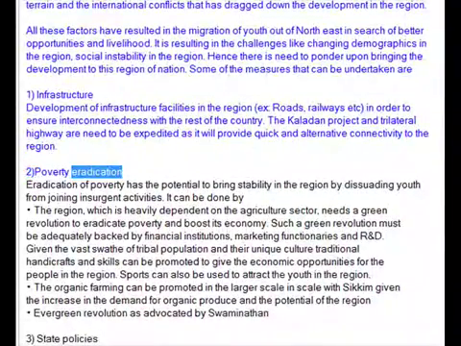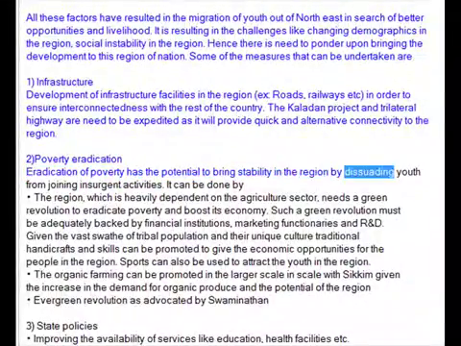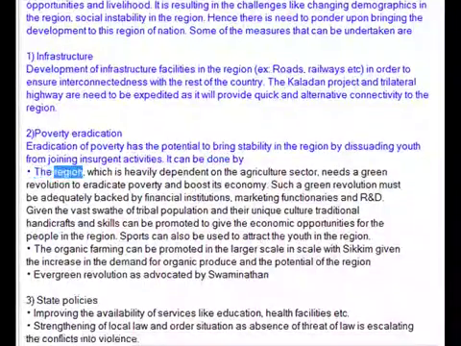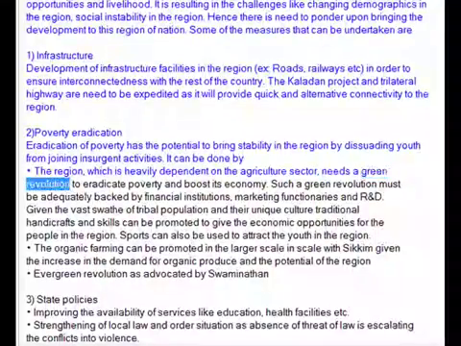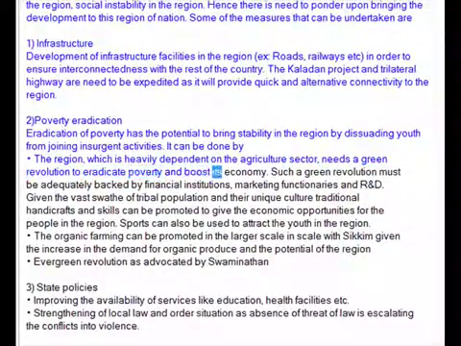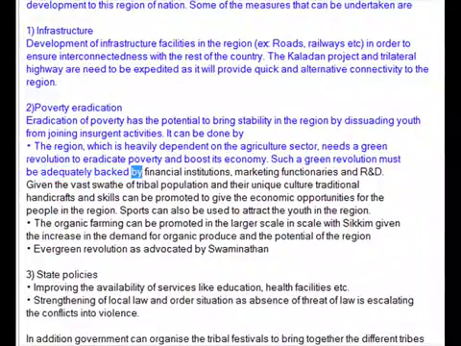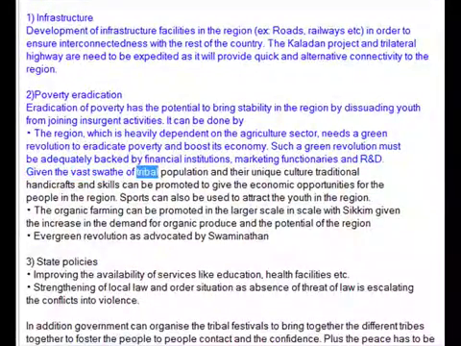2. Poverty eradication. Eradication of poverty has the potential to bring stability in the region by dissuading youth from joining insurgent activities. The region, which is heavily dependent on the agriculture sector, needs a green revolution to eradicate poverty and boost its economy. Such a green revolution must be adequately backed by financial institutions, marketing functionaries, and R&D. Given the vast swathe of tribal population,